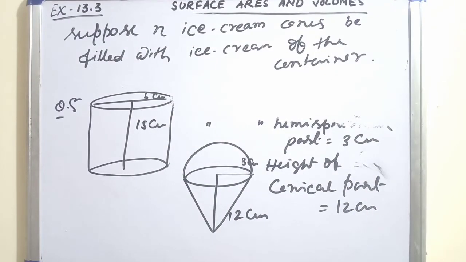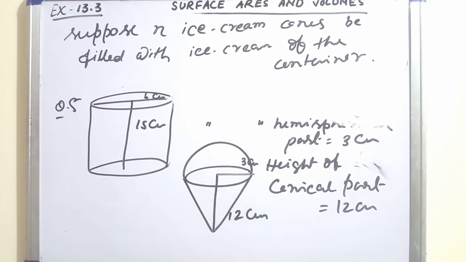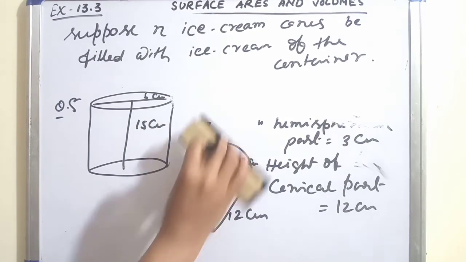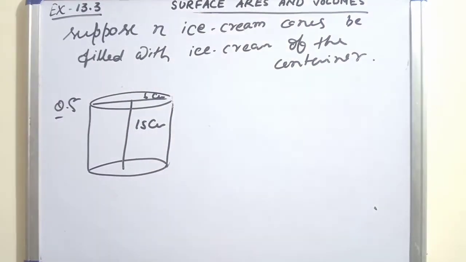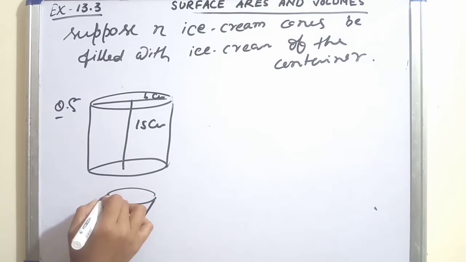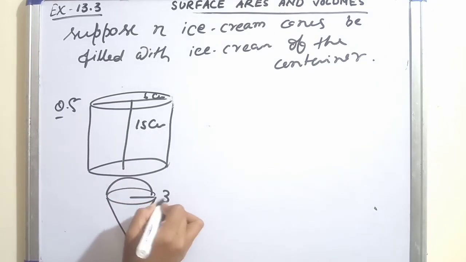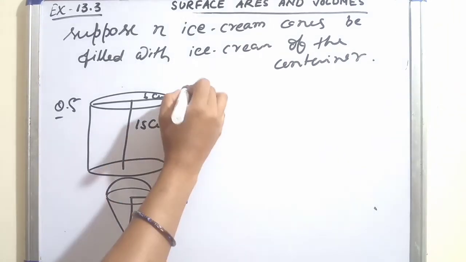So that means the volume of this container is equal to n into the volume of this ice cream cone. Suppose this is an ice cream cone where this is 3 centimeter and this is 12 centimeter. So by the given condition,